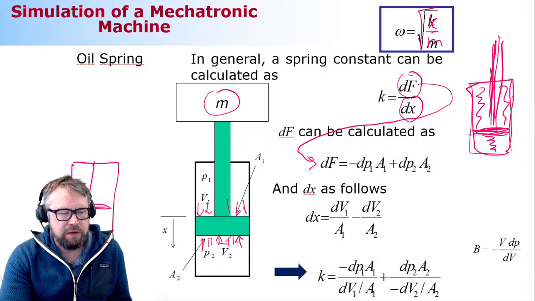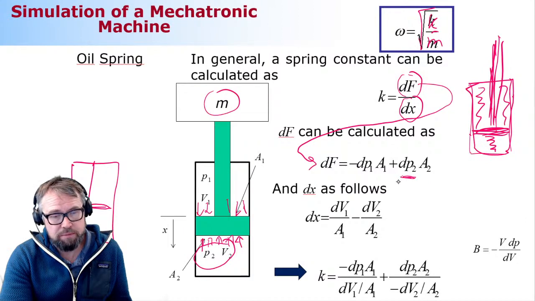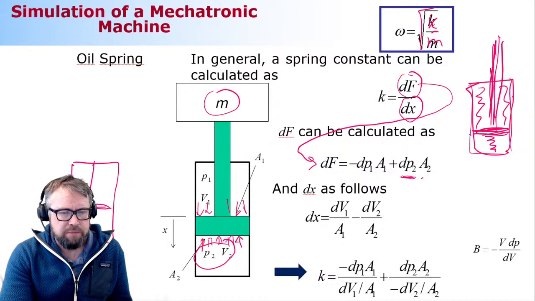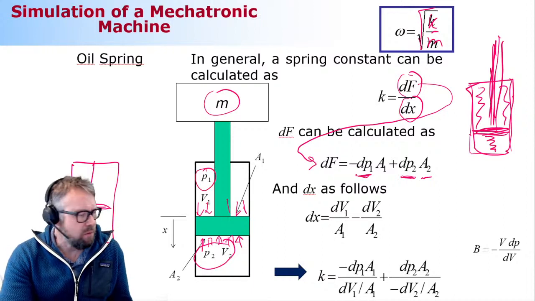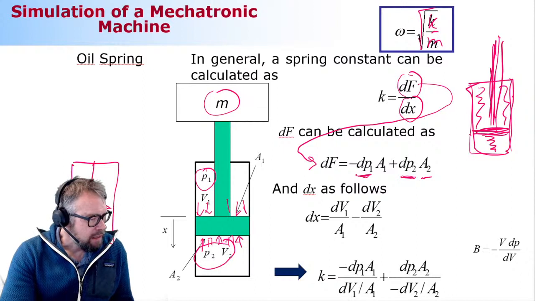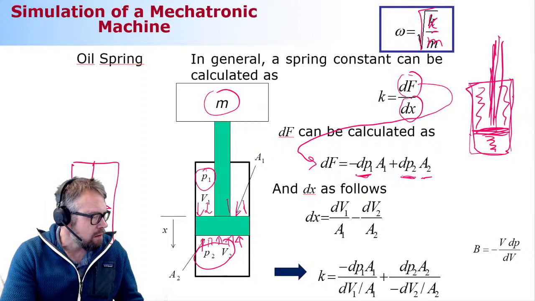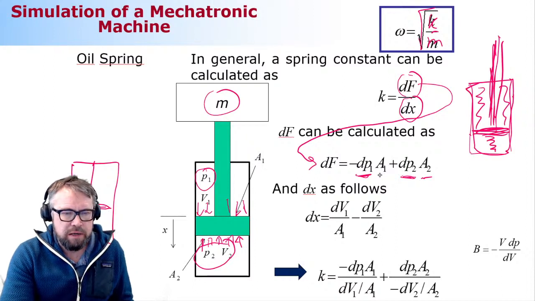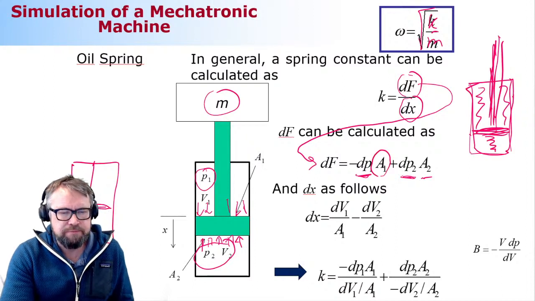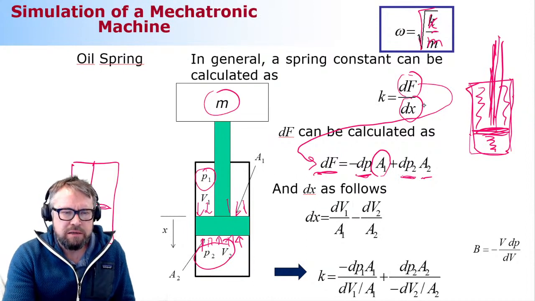This one here is the piston side, so it's the change of the pressure P2, to be more specific, multiplied by the corresponding cross-section area, minus this pressure here, multiplied by the cross-section area, this one here. So this is the change of the force. The change of the displacement